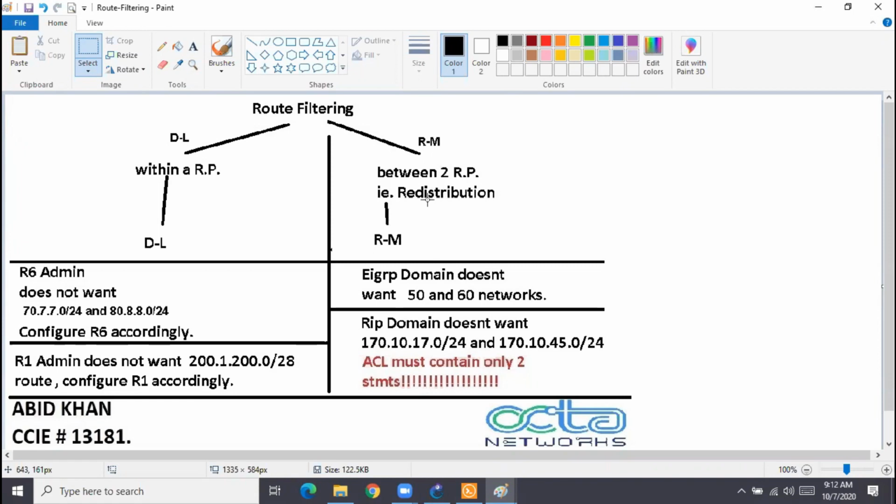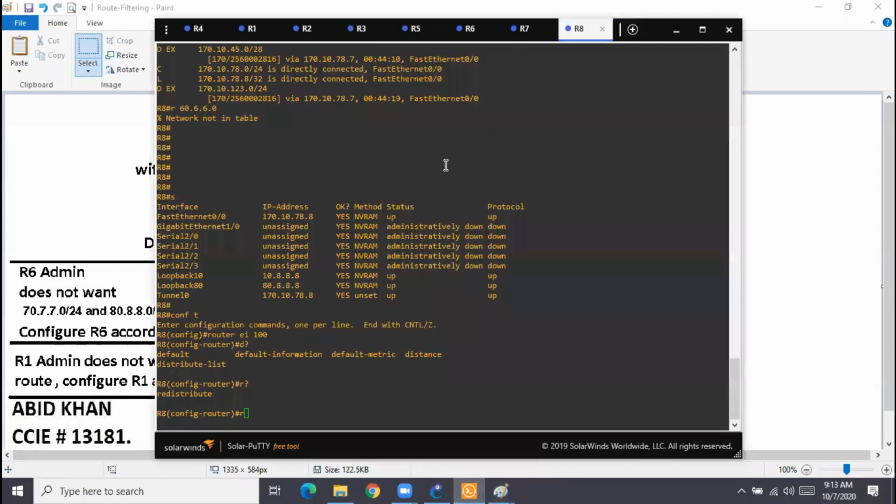That means I'm telling OSPF to filter another routing protocol's routes, so I want to do filtering between two protocols. That is called redistribution. So in redistribution, what tool can be used? Only a route map. You can't use a distribute list there. We can see that now.